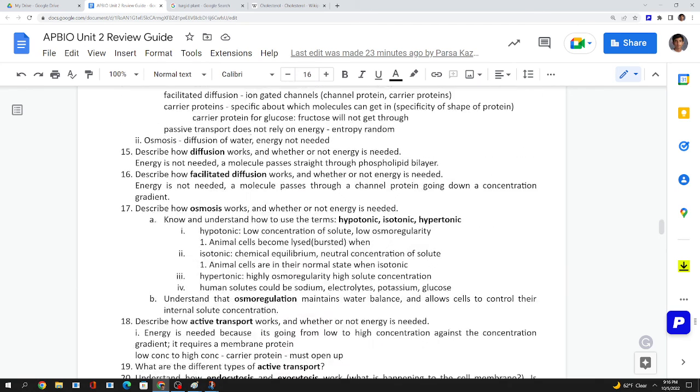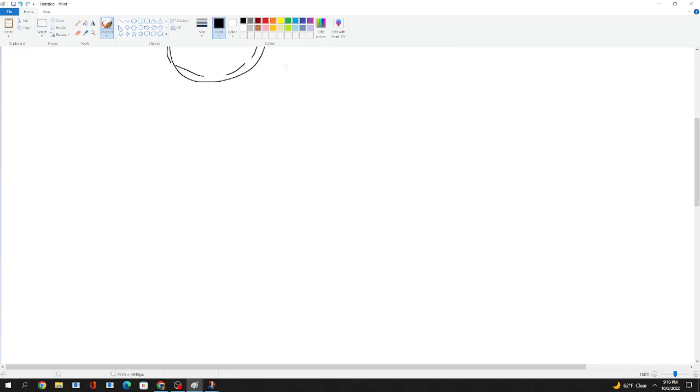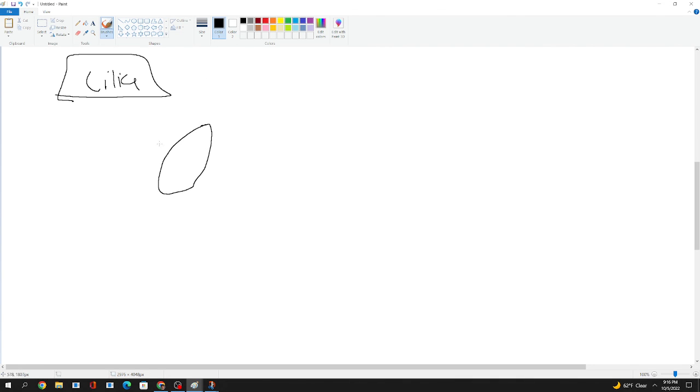I don't think your study guide talks about this, but I think that it's very important to know. It's called cilia. And I wanted to kind of talk about this before I end the lecture. Cilia are these portions of your cell that are like these tails, okay, that move around. You don't really have to know the structure of the cilia, but know that it's used for really two things: moving molecules up and down a cell wall, or a cell or a tissue, really moving molecules